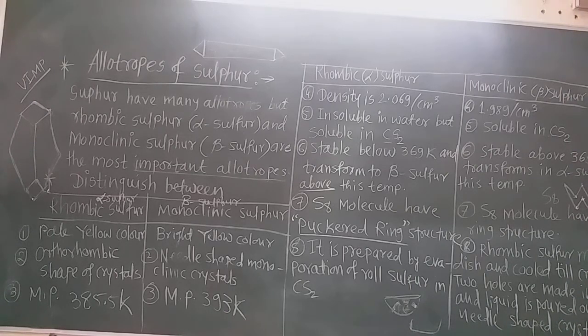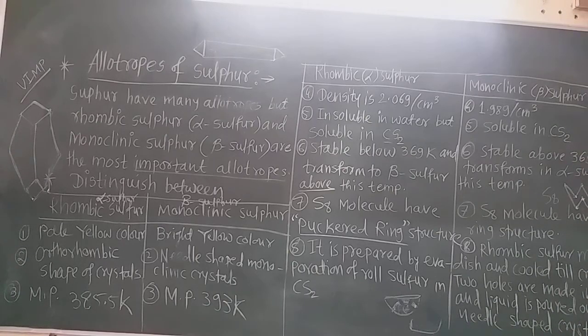Now we have already seen the molecules. In the vapor state it is in the S2 form. In the puckered ring it is in the S8 form. In the chair ring it is in the S6 form. Now see here: several modifications of sulfur containing 6 to 20 sulfur atoms per ring have been synthesized. In the S8 molecule, the ring is puckered, remember that, and has a crown shape. In the cyclo S6 type, the ring adopts the chair form.